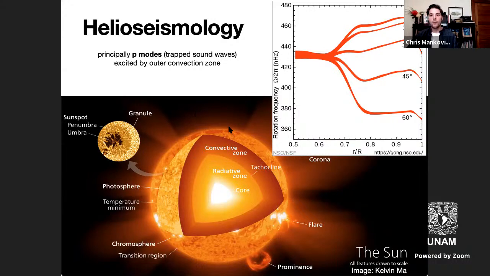And this has told us a number of things about the sun and its internal structure, including the finding that rotation varies as a function of latitude in the solar convection zone, and that this differential rotation disappears once you reach around 70% of the sun's radius, which is thought to be the lower part of the solar convection zone. That's referred to as the tachocline, and it's thought to be the seat of the sun's dynamo that generates its magnetic field. And then below that is a radiative zone that appears to be rotating rigidly. So this was all information that was only possible because of helioseismology.